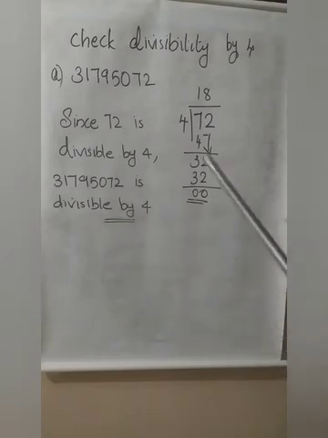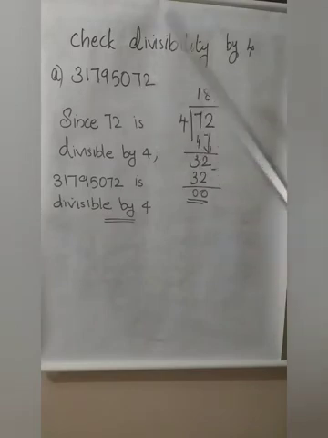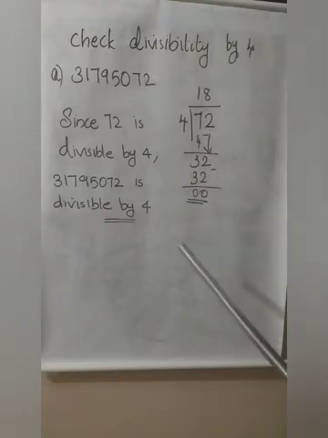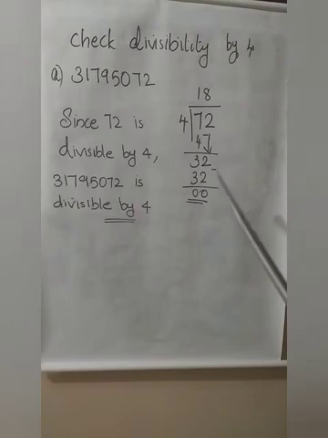So how will you check the divisibility by 4? You check the last two digits first. Then if they are divisible, you can say the whole number is divisible by 4. Second example,